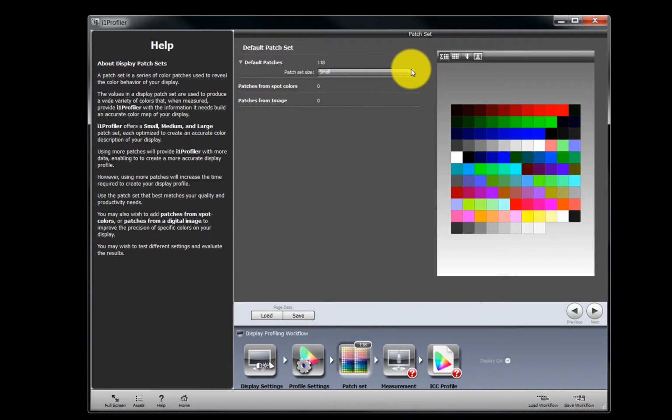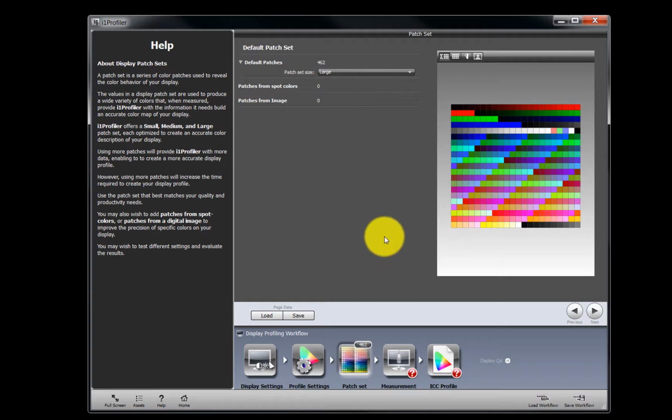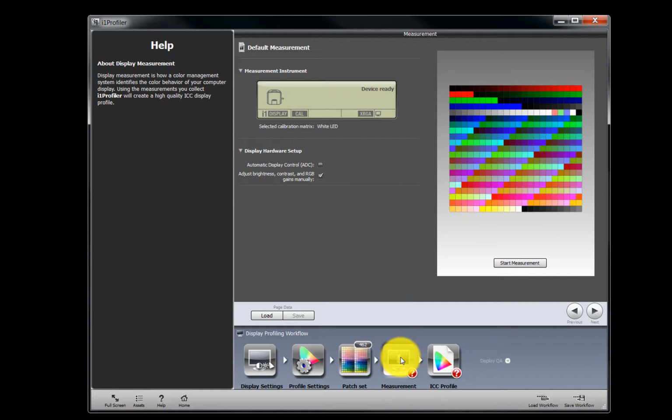From this page, we'll choose the number of color patches the device will sample to profile our display. Keep in mind, the more color patches sampled, the more accurate our profile will be. Choose the Large option from the drop-down menu. Click the Measurement button. On the default measurement page, go to the Display Hardware Setup section and choose how our